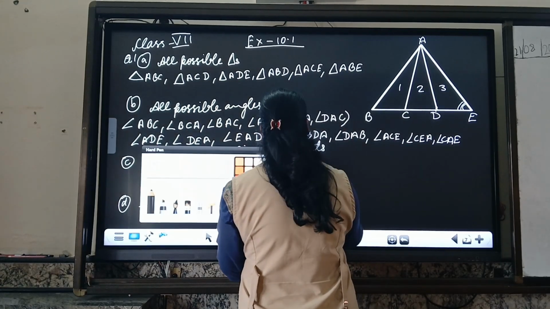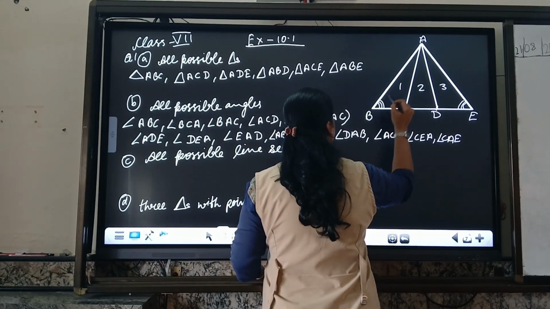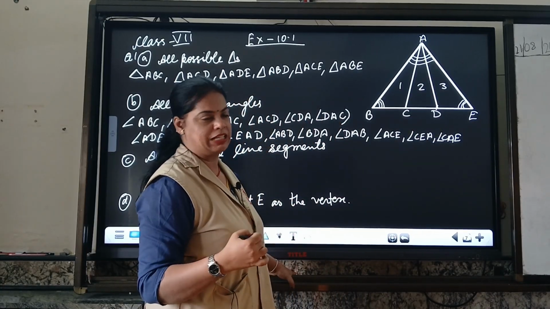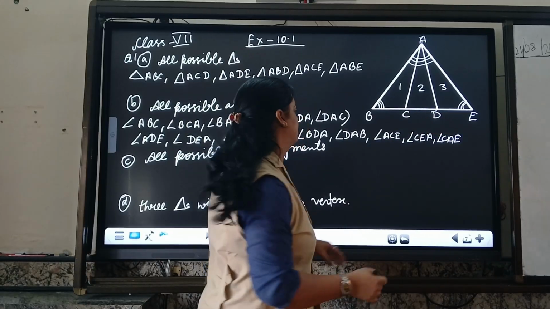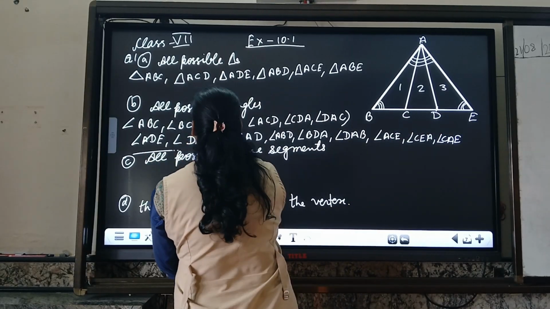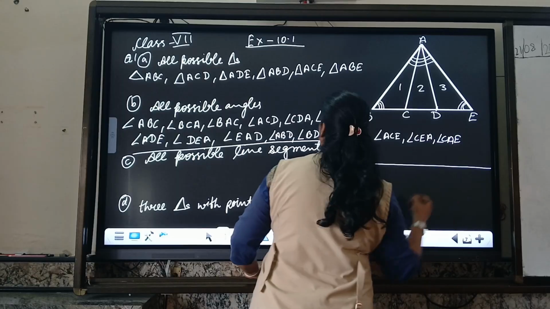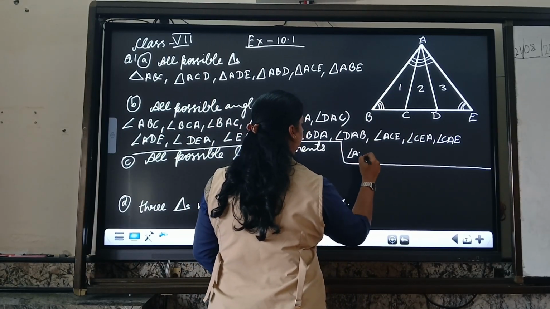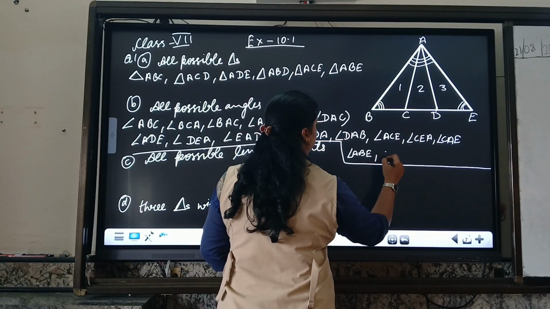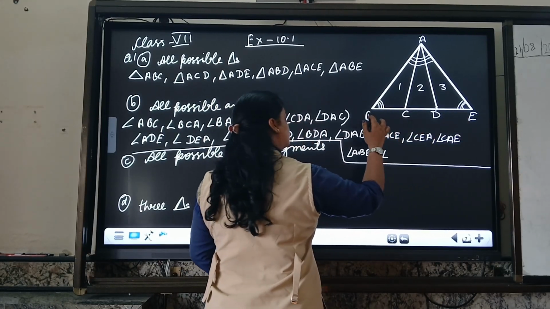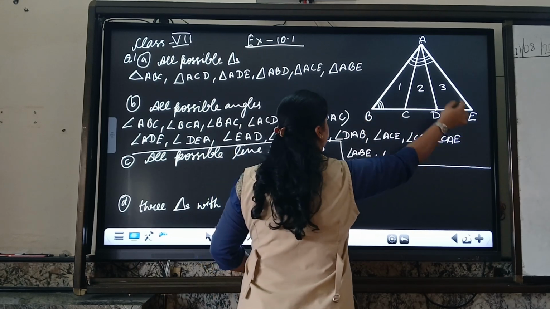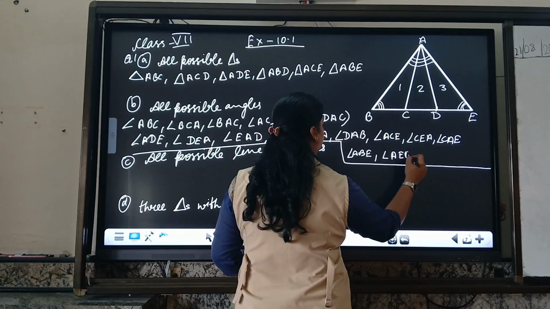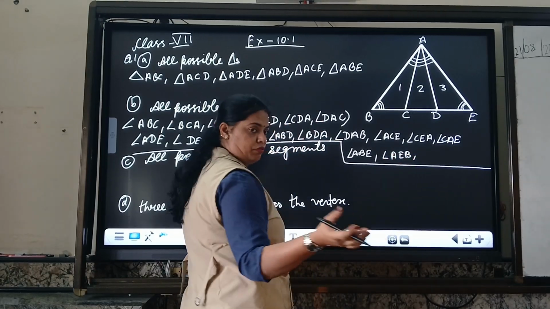I will consider the wider part of A and the extreme corner of the base angles like B and E. So I will have another three angles: angle ABE, angle E covered by extreme corner vertex B and extreme top A, the wider part of A. So A, E, B. You can write B, E, A, they all are correct.